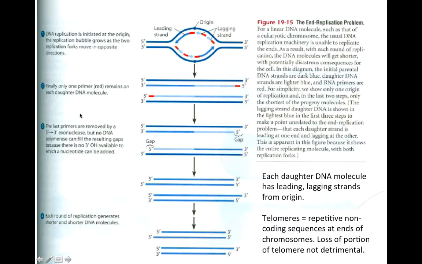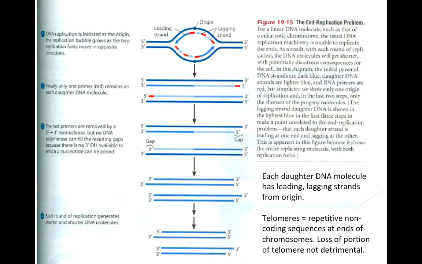During replication, the RNA primers are gradually removed until you only have primers at the very ends of the molecule. Once those are removed, a gap remains. At the end of the chromosome, there's no nucleotide sequence in the 5' direction, so DNA polymerase can no longer add any nucleotides, halting synthesis. This leaves a small portion unreplicated.